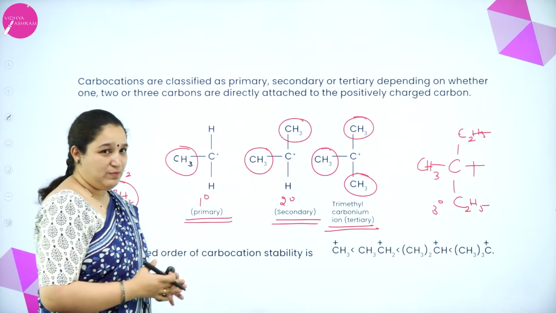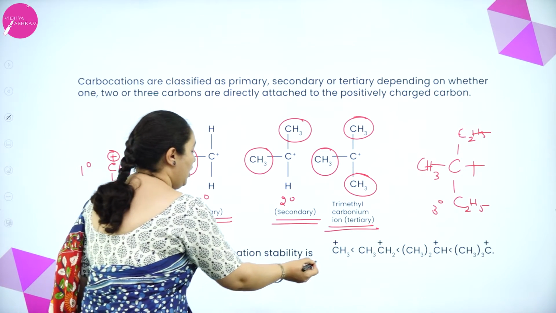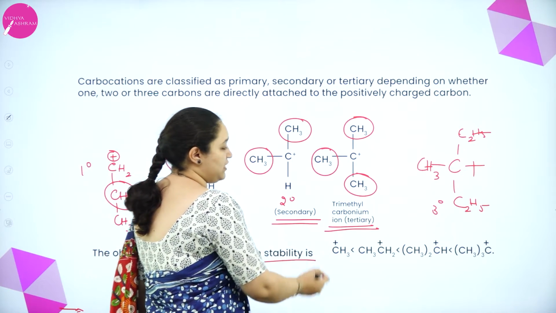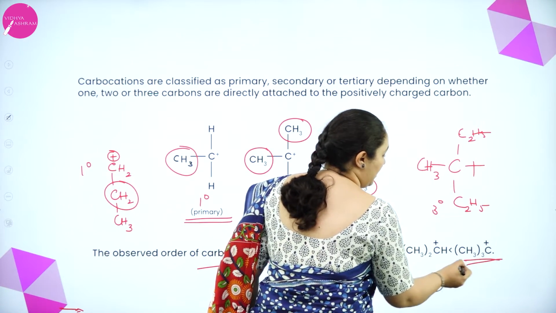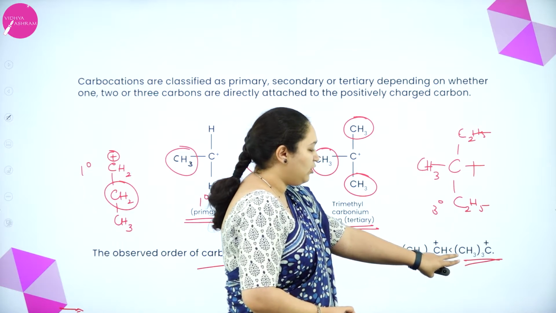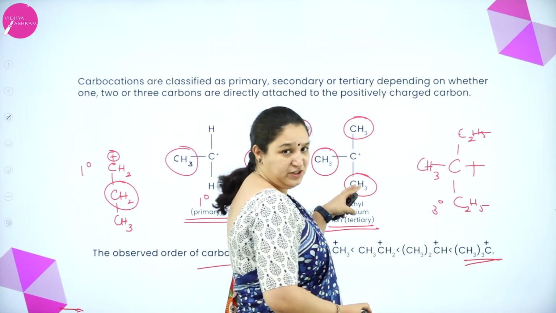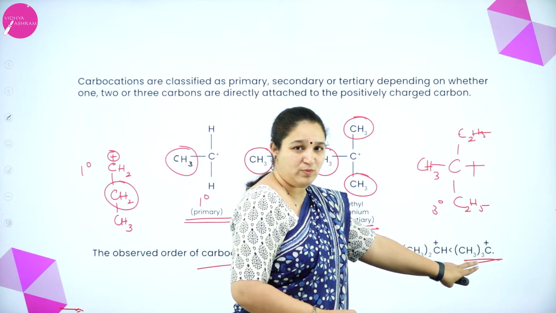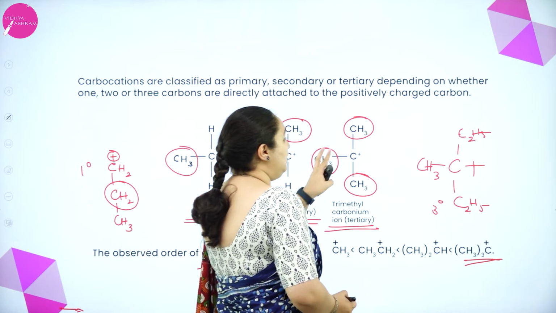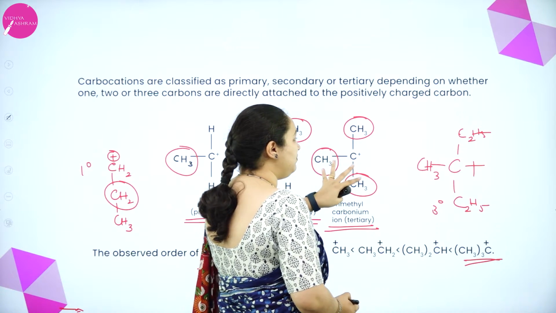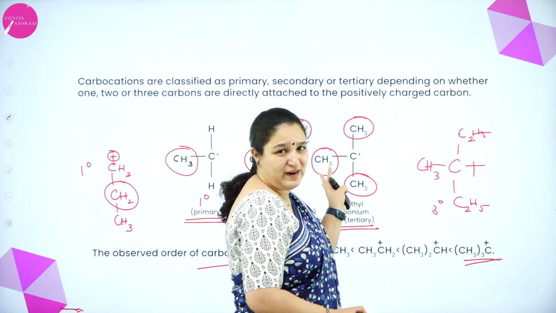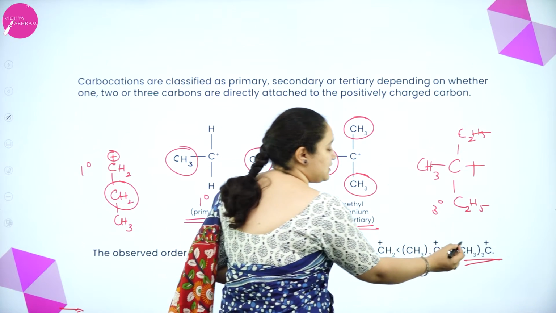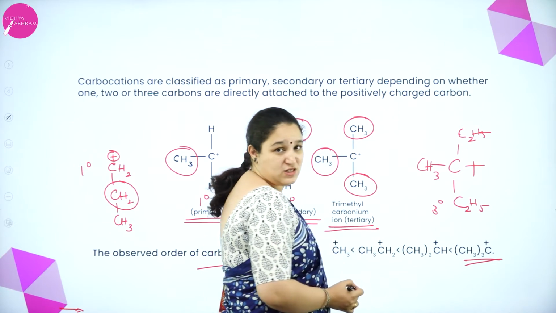When it comes to the stability of these carbocations, which is more stable? Tertiary carbocation is always more stable. So you can see tertiary carbocation. Now you might think, ma'am, you have written it in a different way. Here you have written it in a different way. See, this is the condensed form of molecular formula what I have written. Here also it's a condensed, but it's 2 ways of writing. That's all. Okay, here I have written CH3, CH3, CH3. 3 are there. So CH3 3 times C positive charge.